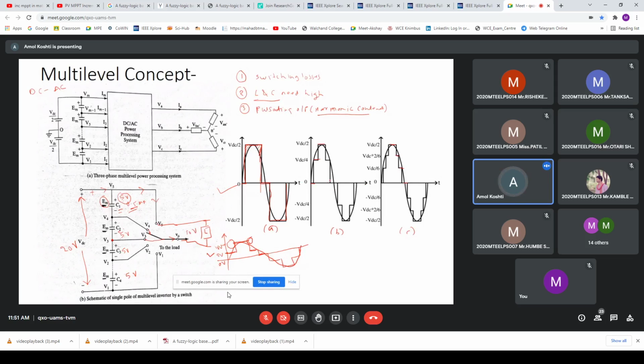If you see the size of the filters, a filter will be there in any inverter because we have to get a perfect sine. Generally the output of any inverter is produced in rectangular form. In two level it is one complete rectangle. In multi level, we are chopping this rectangle, which means we are taking multiple levels from the same level. Suppose this is the two level.